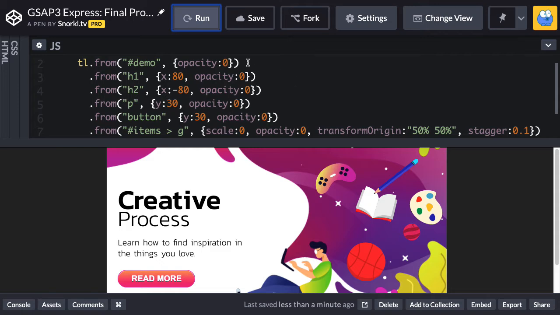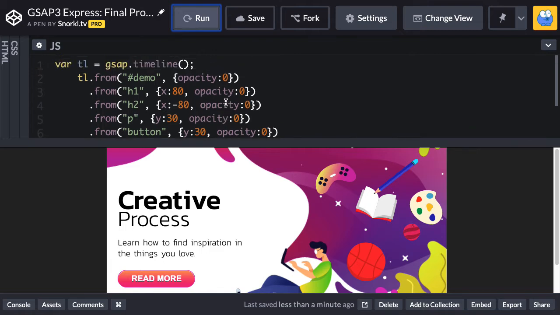And that's that every animation here is animating in from an opacity of 0. Alright? And I know that we want everything to fade in. So something I can do to sort of save me a little bit of time and trouble is set what's called a timeline default, all right? So back up here where I'm declaring the timeline or I'm creating it, inside of here we have a vars